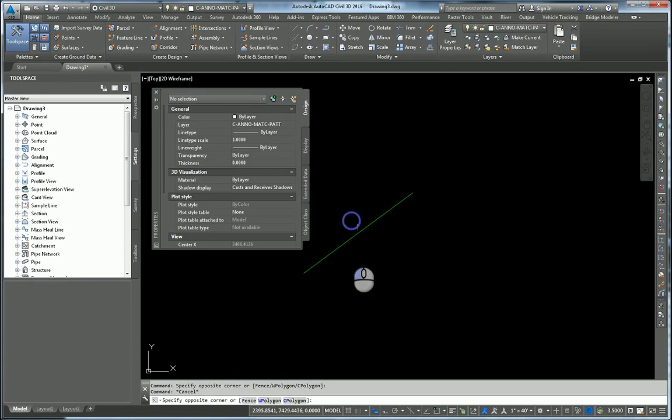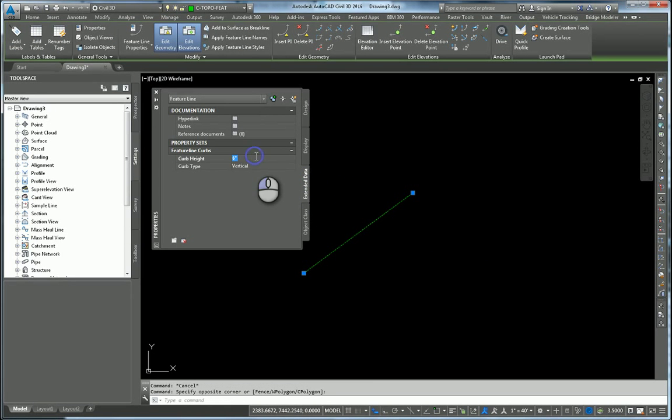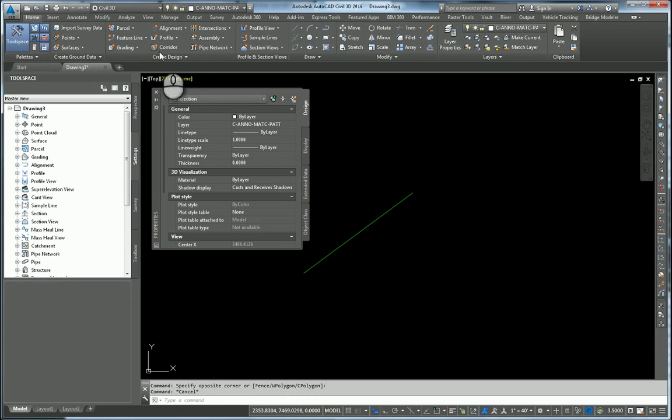It's now going to be available for me anytime I go select it. And I can change it here. So I want to make this one a 4-inch curb height with a rollover curb type. And there it is. Now, if I go create a new feature line,